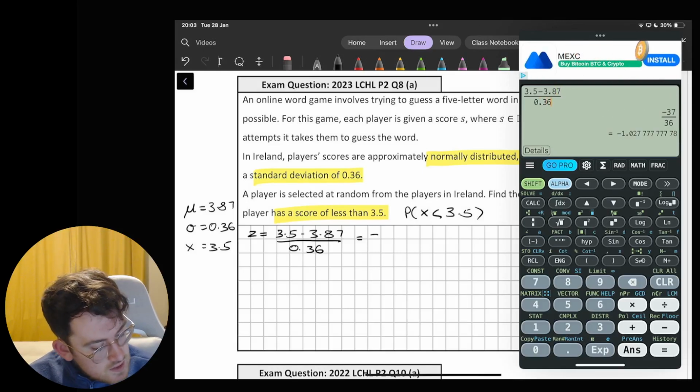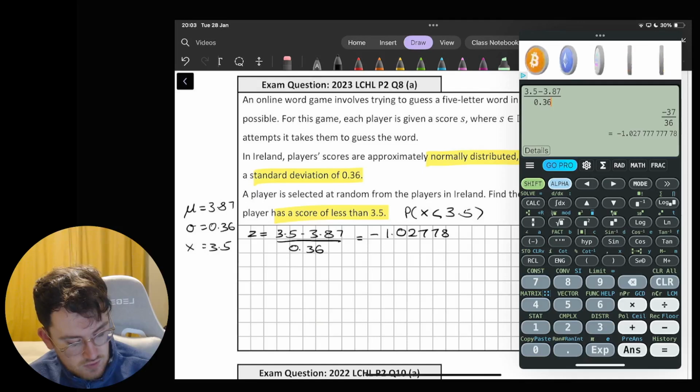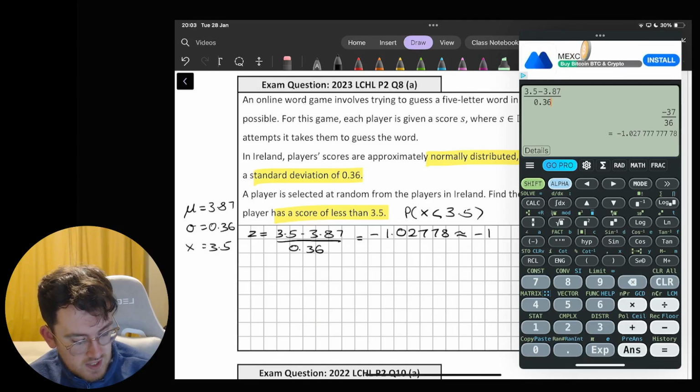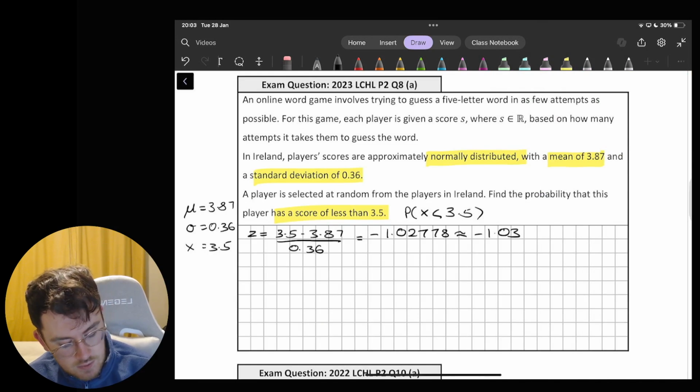It's minus 1.02778, which if we round for use with our Z scores, minus 1.03 is probably best. So we're being asked for the probability that Z is less than minus 1.03, which corresponds with